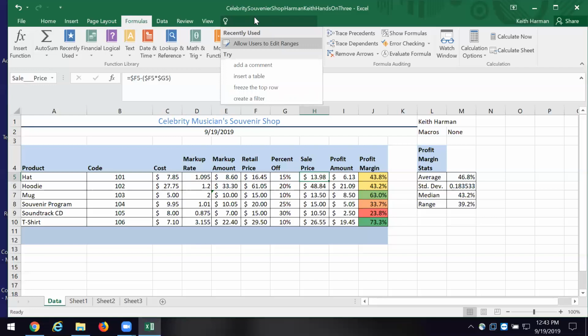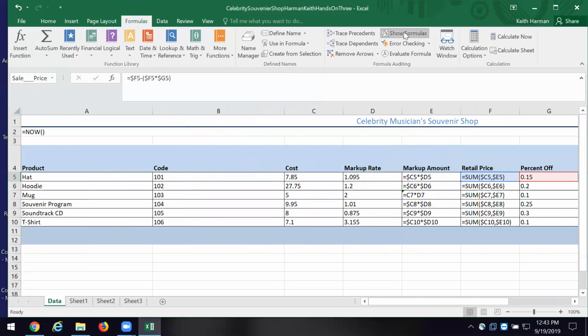So if I wanted to see the formulas here, I've clicked on formulas, and I'll click show formulas, and there it is. Now the reason I would want to look at the show formulas is to see if I have some consistency in what I've done. When I build a spreadsheet, there ought to be some consistency. Let's start moving from left to right, okay?